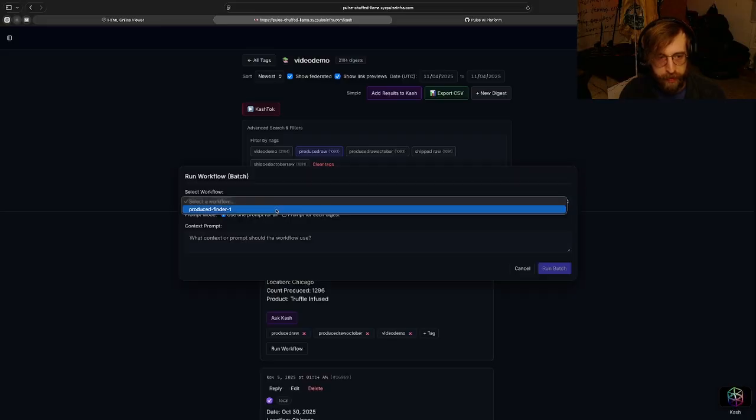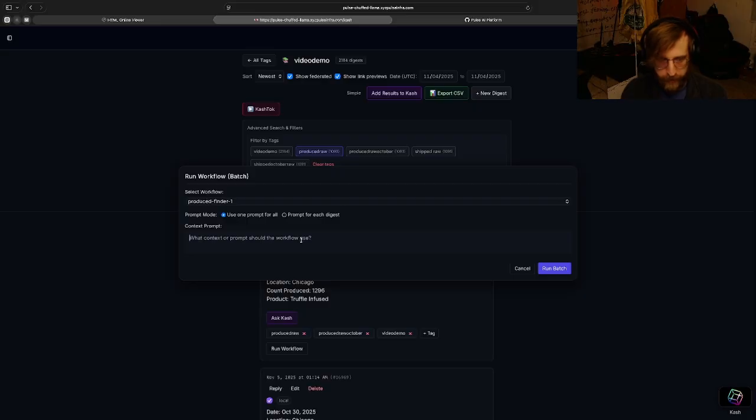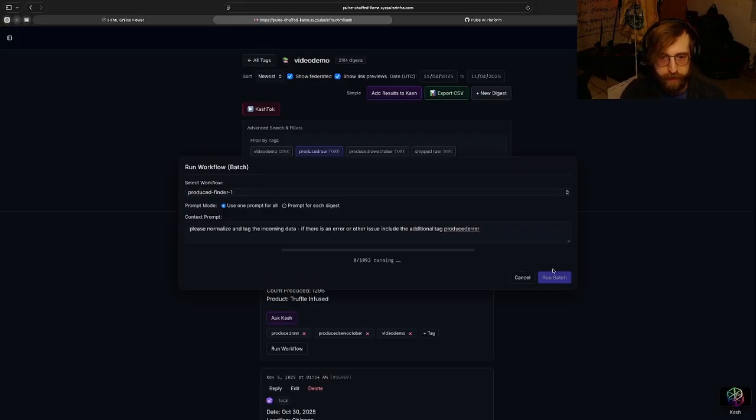And we'll select produced finder 1. And then we'll say, please normalize and tag the incoming data. There is an error or other issue, include the additional tag produce error. And then hit run. Now, granted, this is a very big example, and you have to keep in mind that